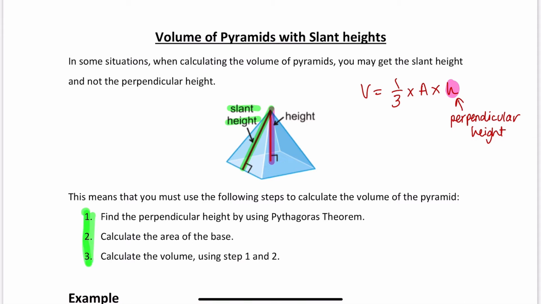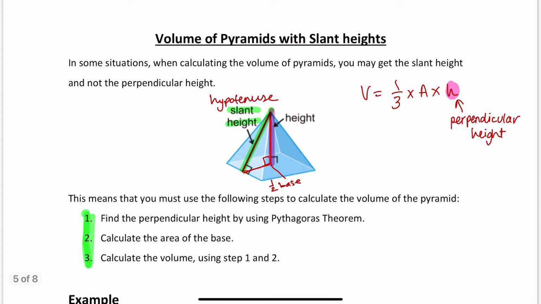So you need to find the perpendicular height by using Pythagoras theorem. You need to use this right angle triangle here, where the slant height is the hypotenuse and the height is the shorter side. Oh, sorry, you need to use the one at the bottom, which is half this distance. Half the base of the square or rectangle or triangle, and then you find out the height by using Pythagoras